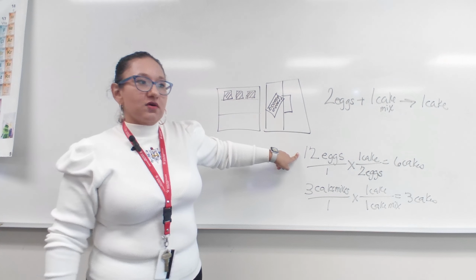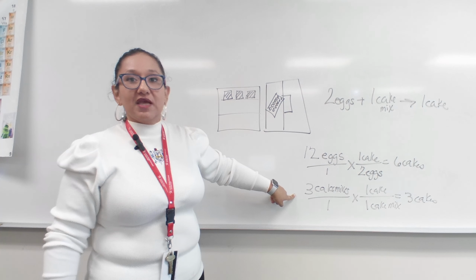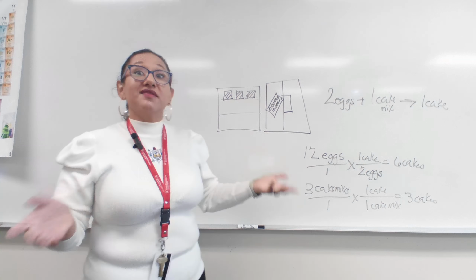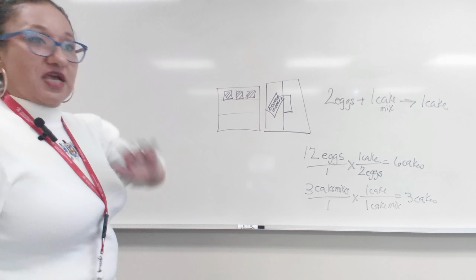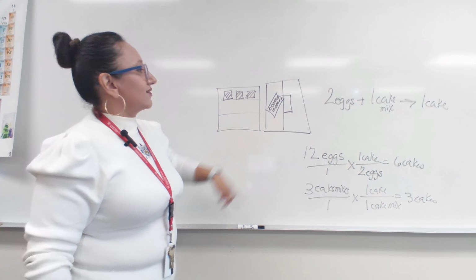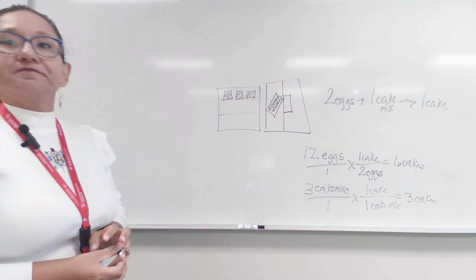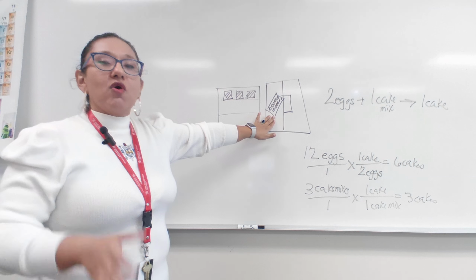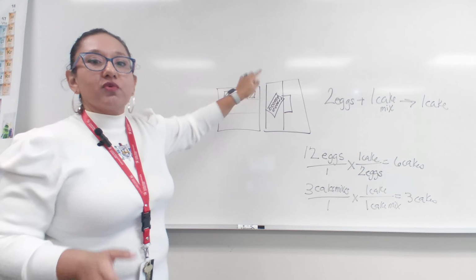Here, I didn't care how many cake mixes I had. And here, I didn't care how many eggs I had. But in the real world, that does matter. So in both scenarios, taking both into consideration, 3 cake mixes or 12 eggs, how many cakes can I make? 3. I could have 10 dozen eggs and it won't matter because I can only make 1, 2, 3 cake